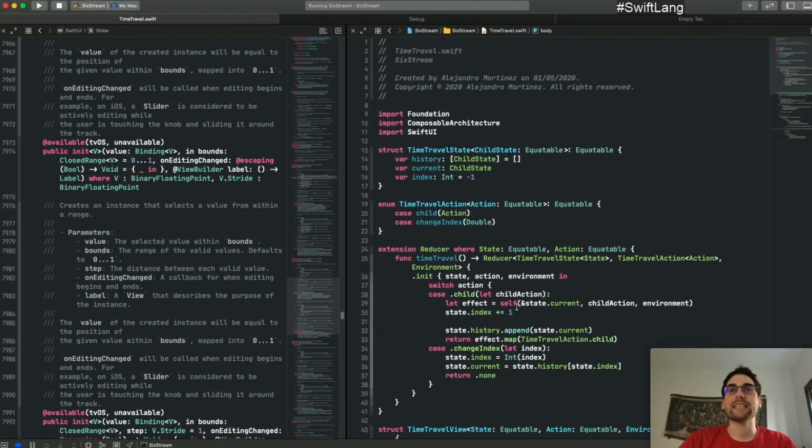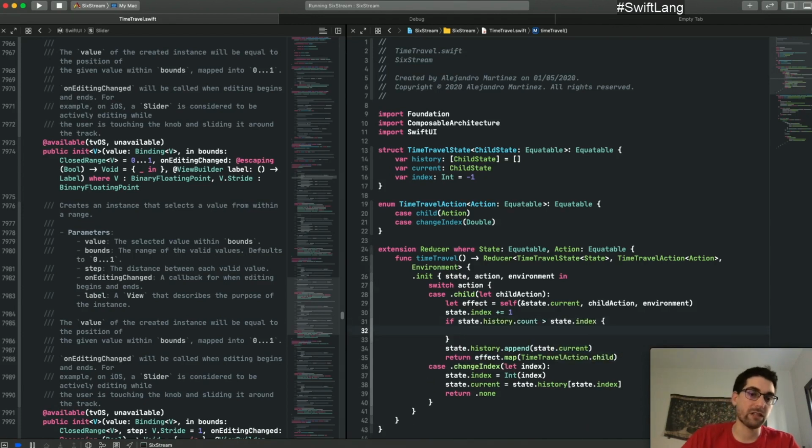But I guess that for now, when we're modifying the state, we need to check if we're actually in one of these time travels. So I guess we can do that by checking if the history count is bigger than the index we are in, I guess. And again, maybe minus 1 because of this. And then in theory,